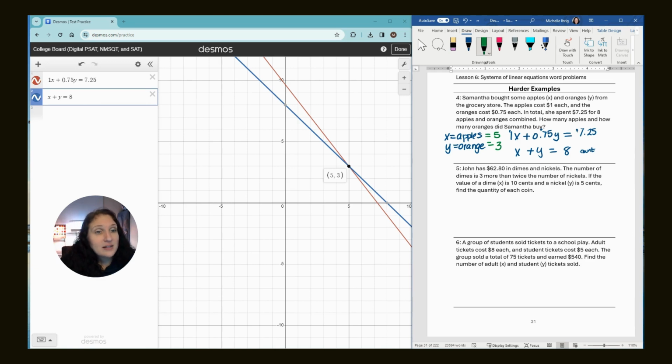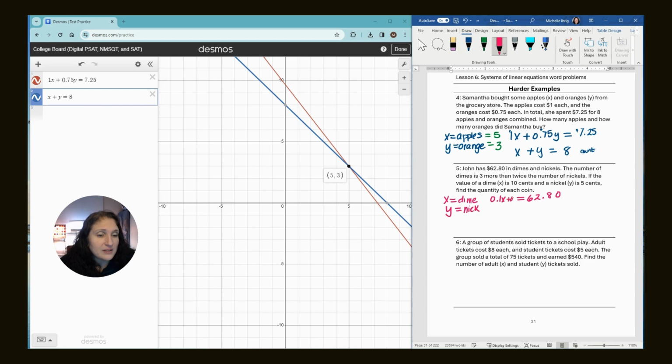John has $62.80 in nickels and dimes. So we know we're going to talk about nickels and dimes, and our money will end in $62.80. The number of dimes is 3 more than twice the number of nickels. If the value of a dime x, so I'm just going to put x equals dime, is 10 cents. So now I know I need to put 0.1x or 0.10x. It's the same thing. The value of a nickel y